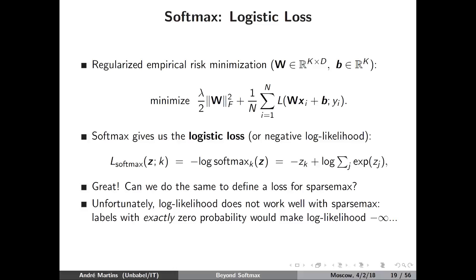So this is nice, and of course the first thing that we thought about is, okay, let's try to do exactly the same thing for Sparsemax, trying to have an interpretation of Sparsemax as a log probability that we can optimize. But it turns out that this just doesn't work at all with Sparsemax, for the very reason that Sparsemax is interesting. Since Sparsemax can give you a sparse probability distribution, it can give zero probability to some classes. So if for some reason it gives you zero probability to the true class, then the entire log likelihood becomes minus infinity. So this is going to be very hard to optimize. It doesn't make much sense.